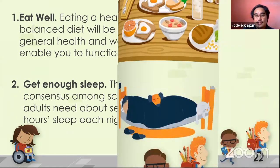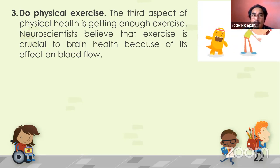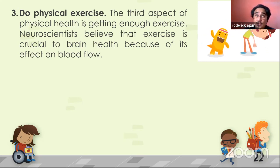My third additional suggestion is do physical exercise. Very important in the day's activity, and if you review again my webinar the first week of July when I talked about positive discipline through home scheduling, I incorporated daily exercise, at least 15 to 30 minutes, because it boosts the brain to excrete serotonin, the happy hormone, which makes the brain easy and